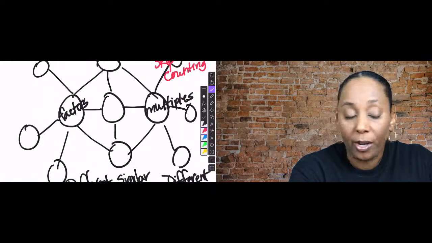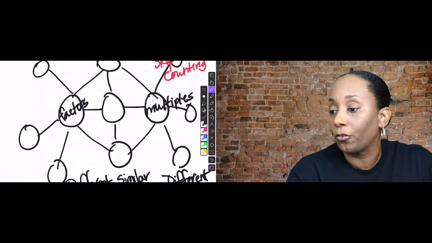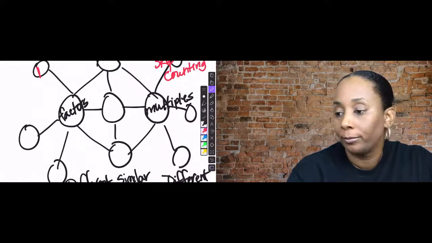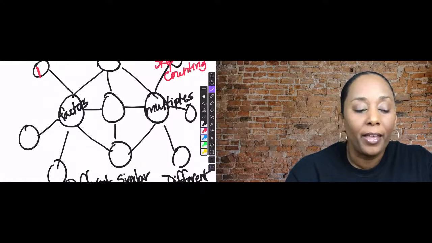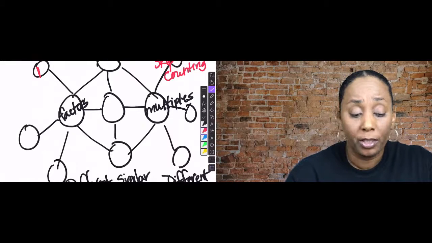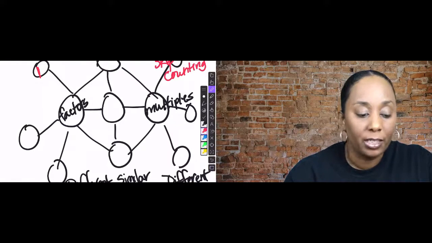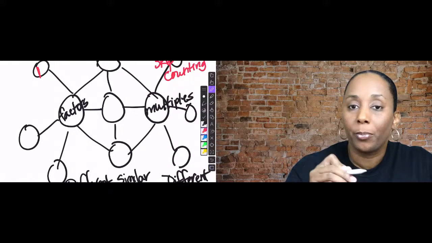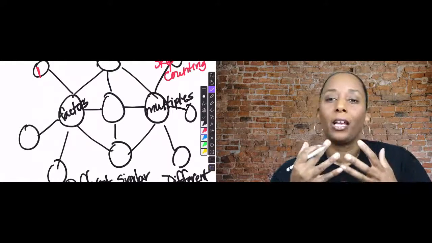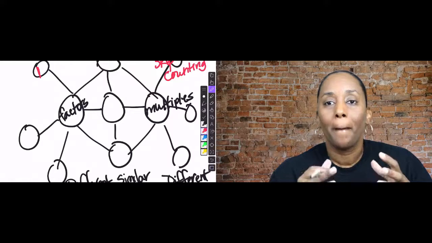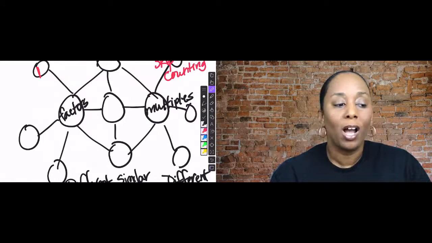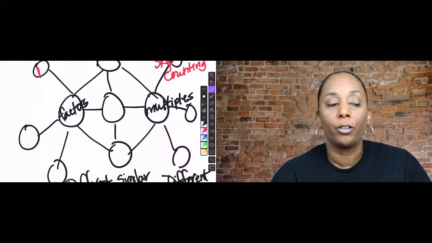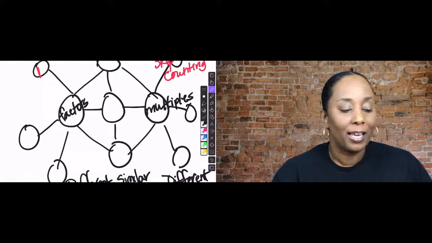Factors, if you're going to put them in order from least to greatest, begin with 1. And then the multiples, if you're going to put them in order from least to greatest, begin with the number itself. So you try to help the kids differentiate between the two concepts because they're so similar that they get confused. I know on the STAR test, they